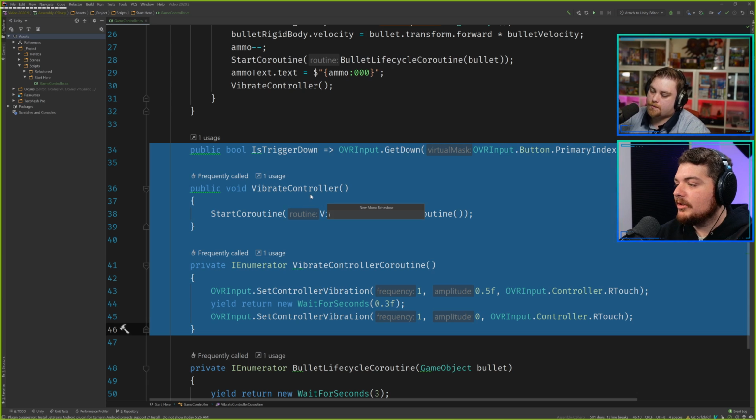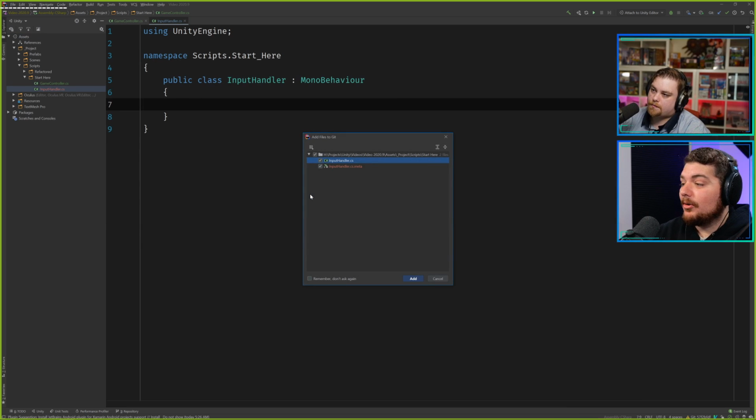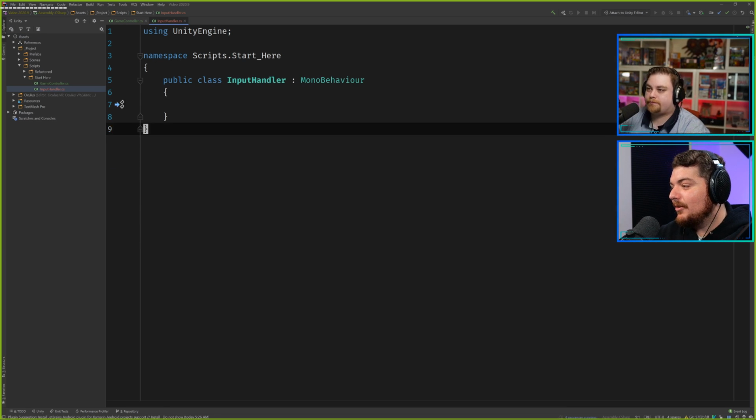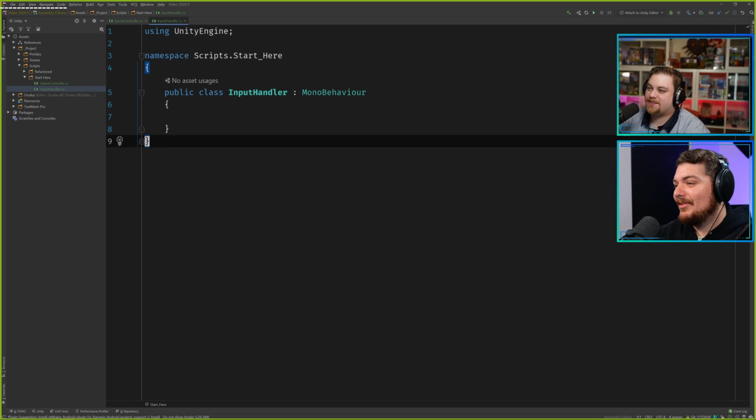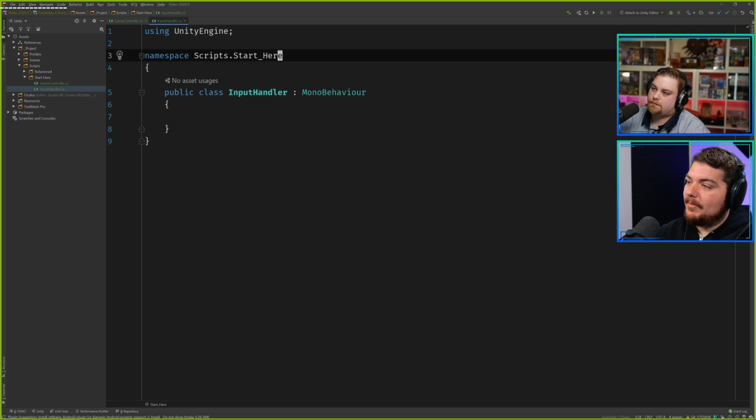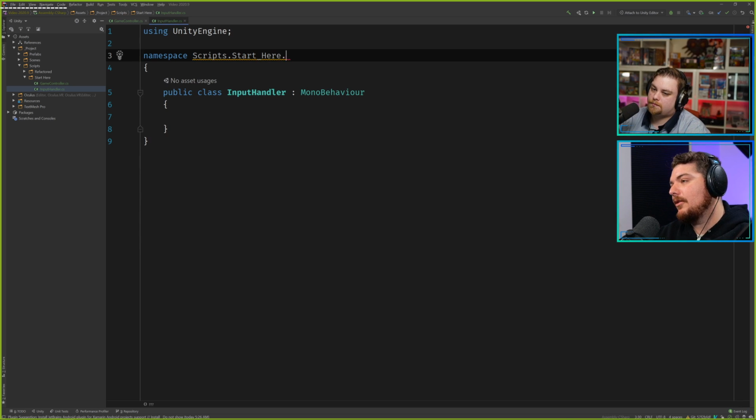All right, so let's just call this input handler, which is what I called it in the video. Maybe there's a better word for it: input controller, input manager. Well, as per what we said earlier, I don't care. We can rename it later if we have to. Oh, and the other thing I did in the video was leverage namespaces here, so I put it into a namespace called UI dot input. So we'll go ahead and do that.